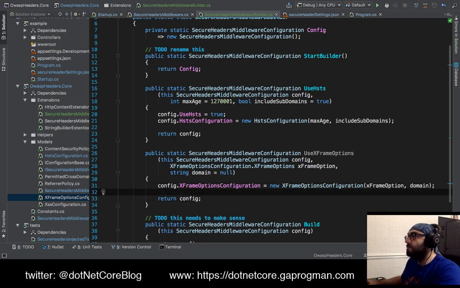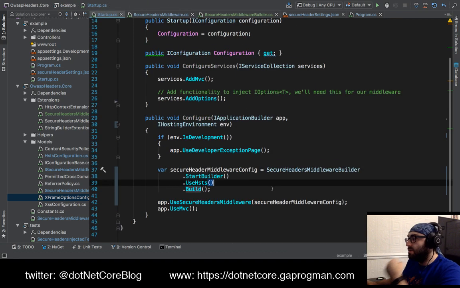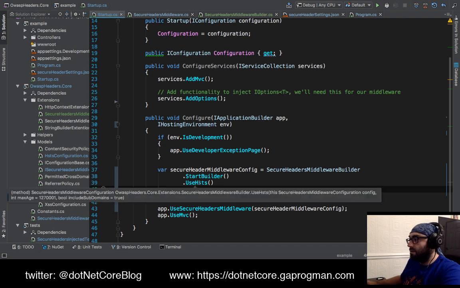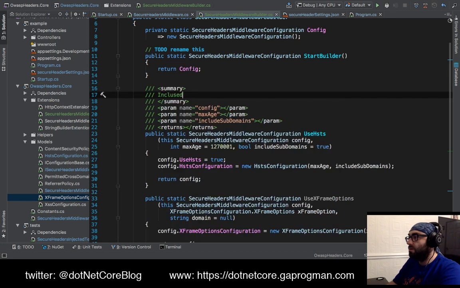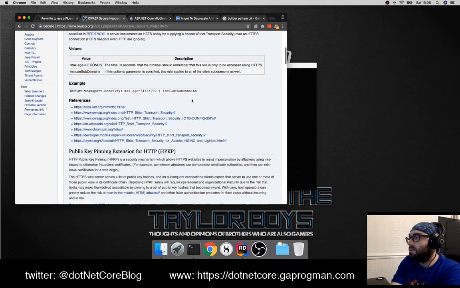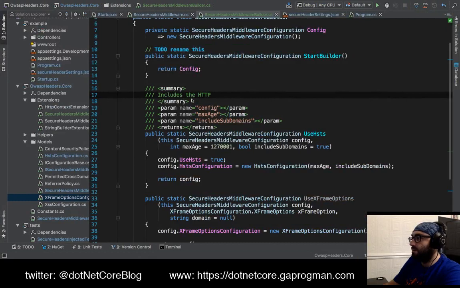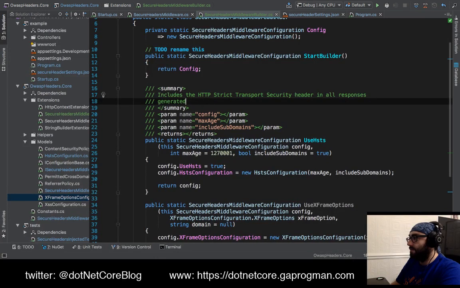I don't like that I'm having to call build, but I suppose it's fine. Use HSTS. So what I want to do before I continue, actually, I'm going to put some comments in here. Includes the HTTP, what did we call it? What was HSTS? It's called Strict Transport Security header in all responses generated by the application